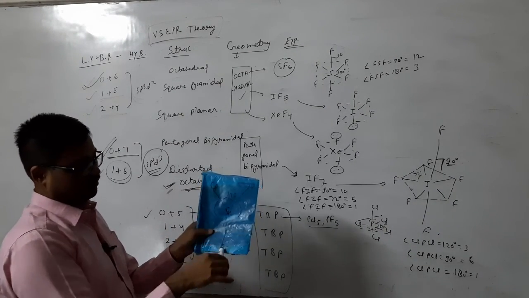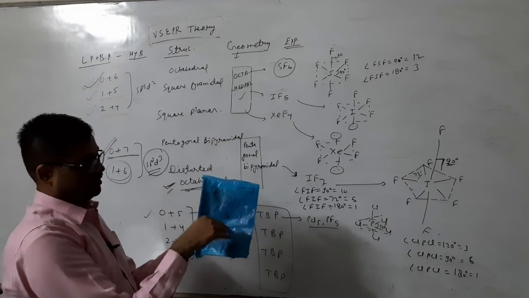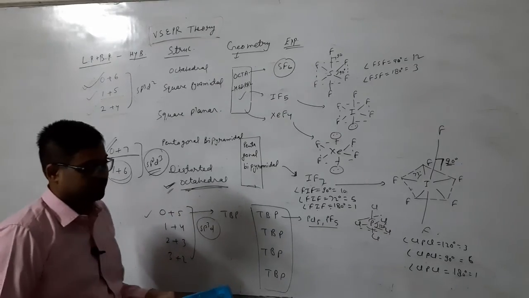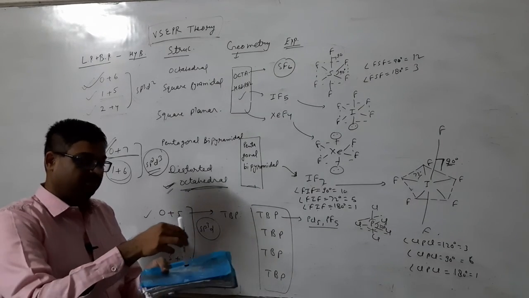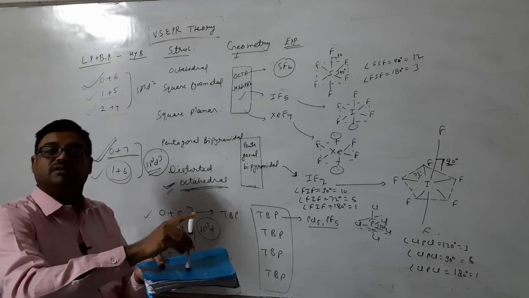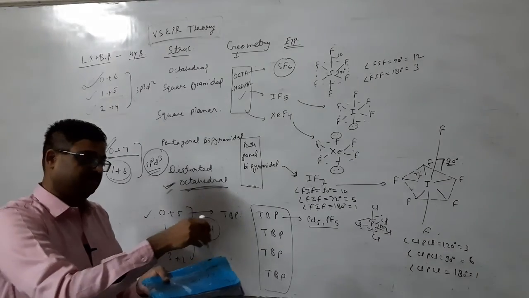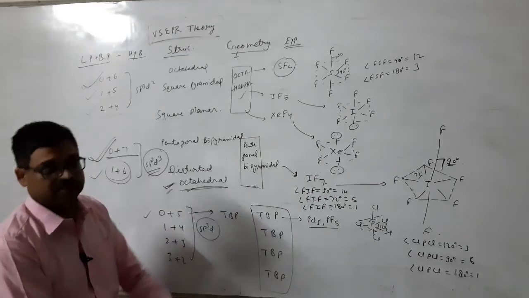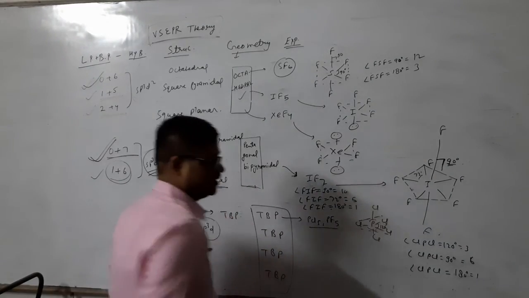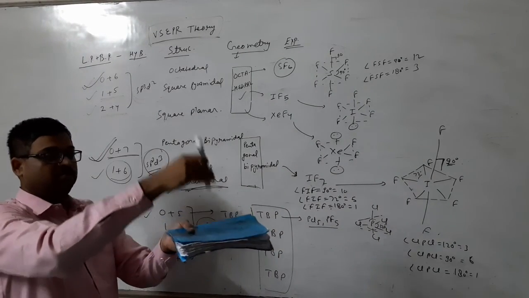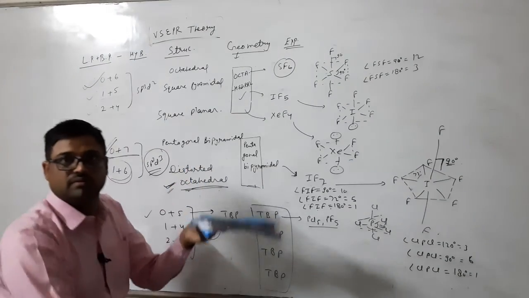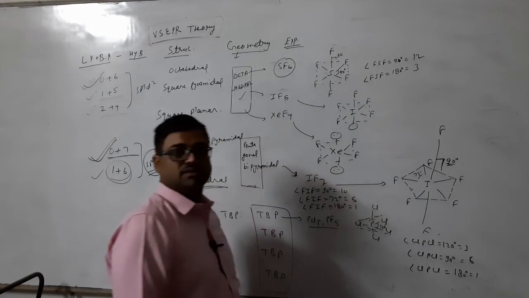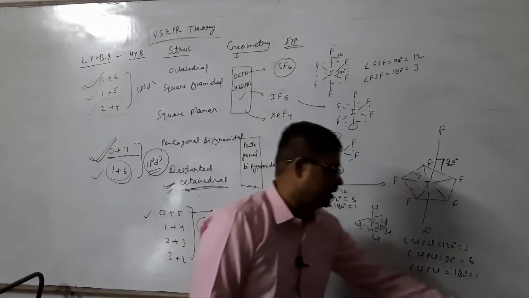You can see this is P, phosphorus. These are 3 chlorines. They have a 120 degree angle with each other. So how many 120 degree angles are there? 3. The chlorine above makes 90 degrees with all 3 chlorines, 3 from this side, 3 from that side. So a total of 6 90-degree angles are there, and 180 degrees from upward to downward, that is 1 only. Clear? So these are the positions of angles.